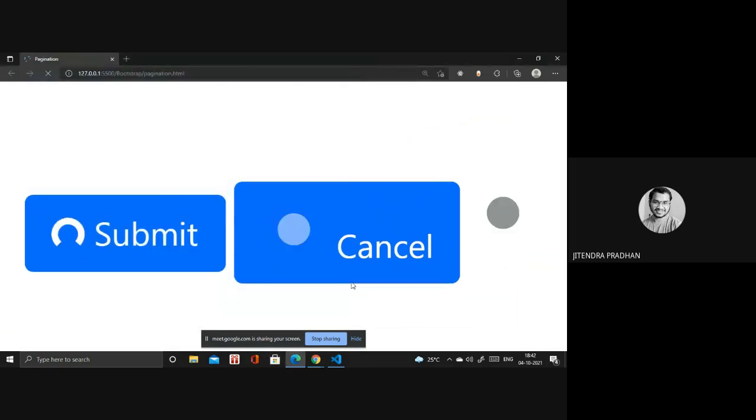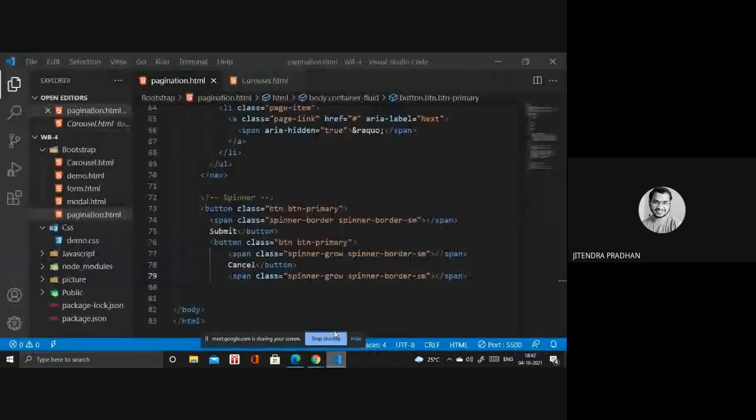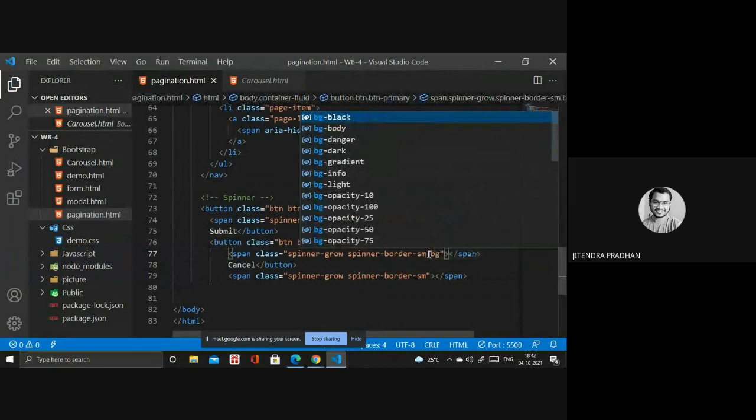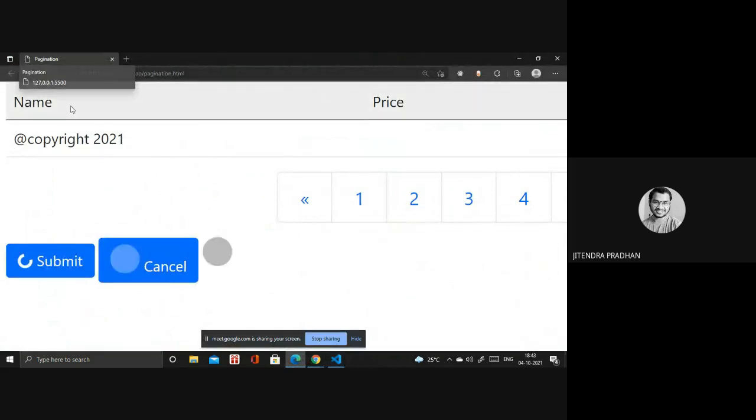Wait, I will zoom out. Okay, this one, have you observed that one? If you want a color as well, bg danger. Okay, I think it's not working.